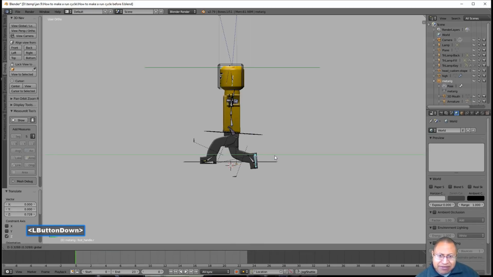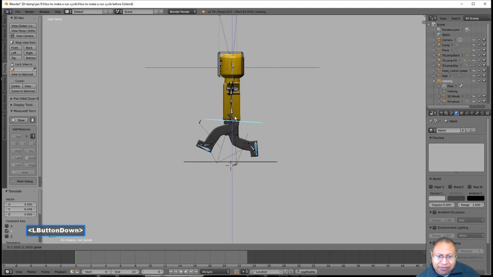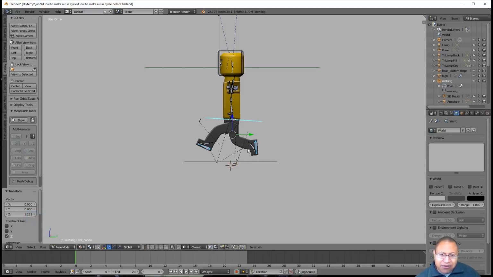I'm going to pull this back some. I'm going to click on the bottom bone for our front foot. I'm going to press R to rotate on the X-axis. Push that forward more like that. And now with this front leg going forward and its back leg going back, I'm going to hold shift, click on the back leg. I'm going to hold shift again, click on the waist bone, and I'm actually going to lift this up, not too high in the air,